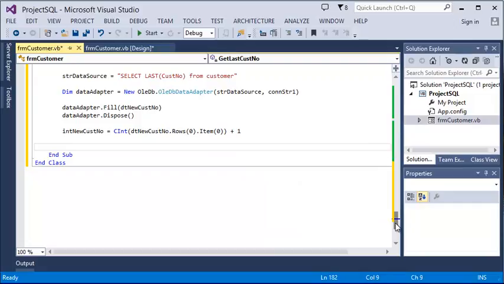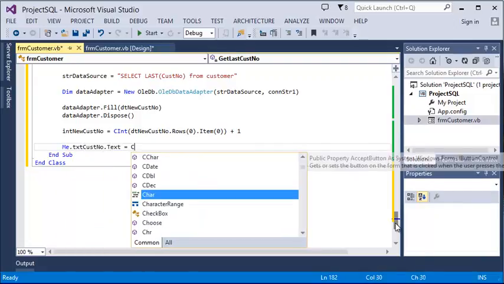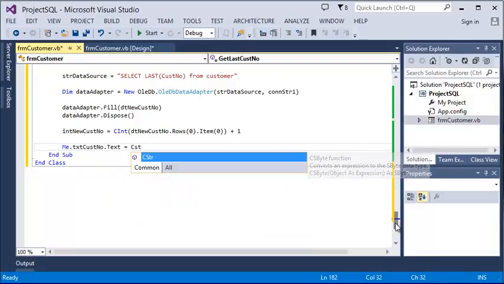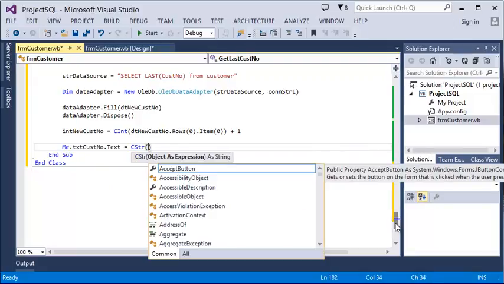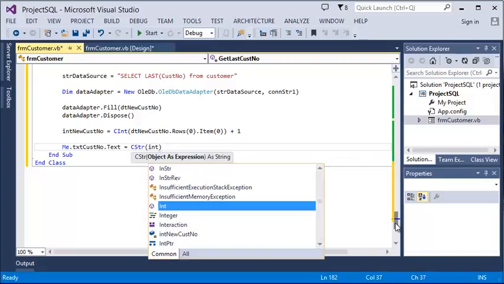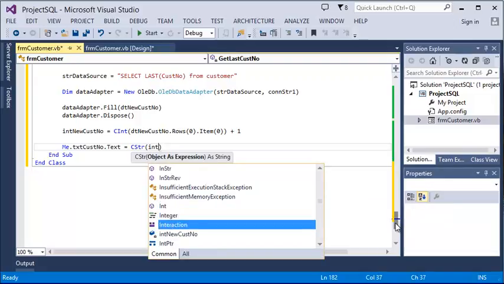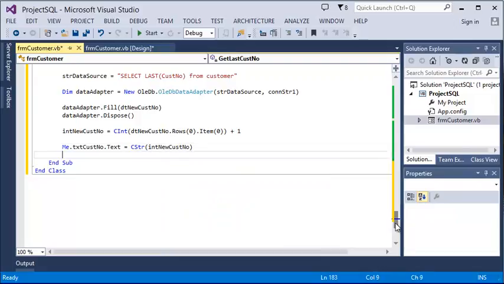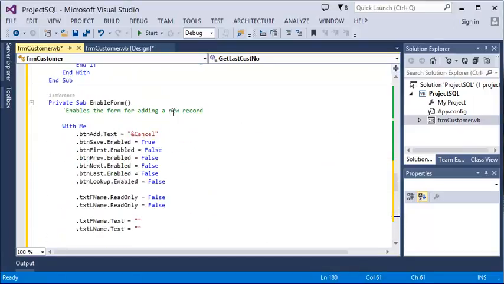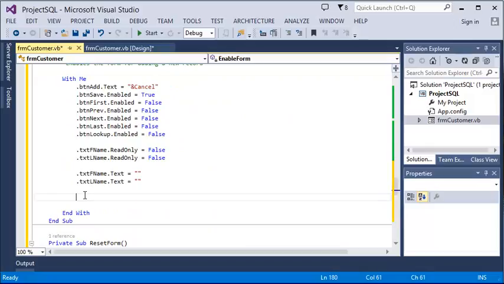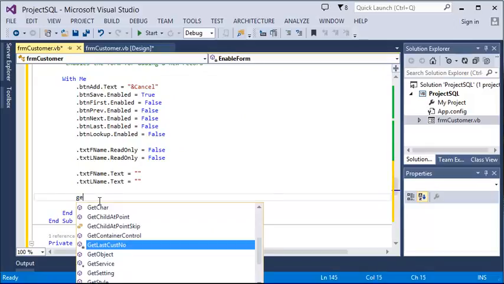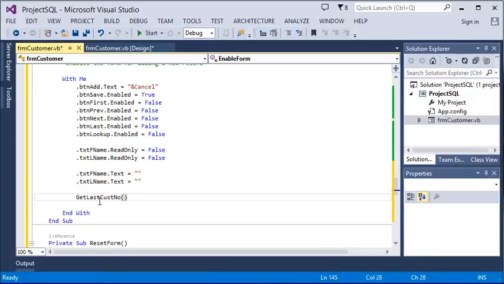by 1, and then we'll say Me.txtCustNo.Text equals Convert.ToString, CStr(intNewCustNo). Bingo, just like that, close parentheses. Very, very good. So at the end of EnableForm, let's scroll back up to this one that I said we were going to add. We'll just add the routine here. We'll call that one GetLastCustNo open close parentheses, and then the last thing we want to do back